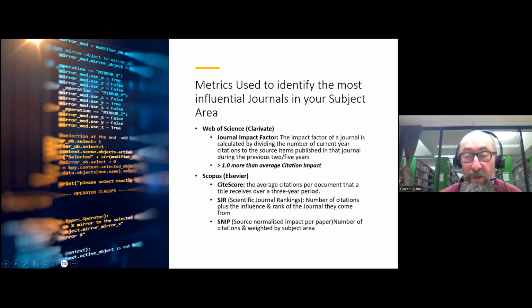And then SNIP, source normalized impact per paper, looks at the number of citations weighted by subject area, which of course is very important because, as you probably know, depending on your subject area, there are differences in this. Sciences tend to get higher readerships. They publish more papers. In turn, they get more citations. So you'll see the citation counts will be much higher for science journals. Humanities tend to publish fewer articles, and they might have a good readership, but they're probably getting fewer citations. So those ranks just won't be as high, but they try and balance that up. So you're kind of comparing like with like. It's a little bit fair.